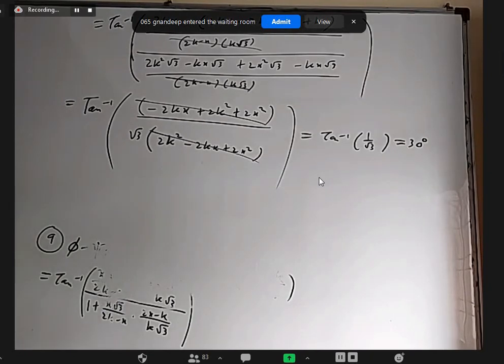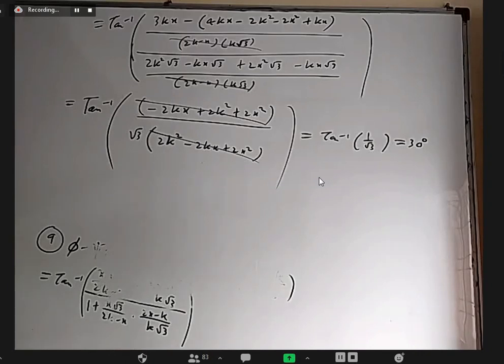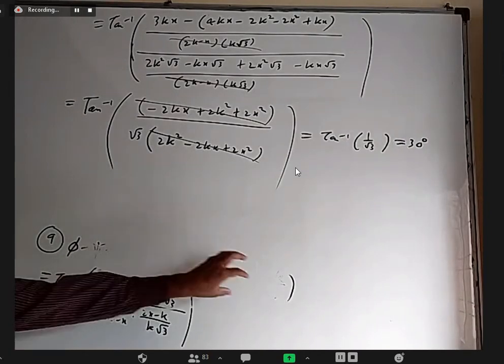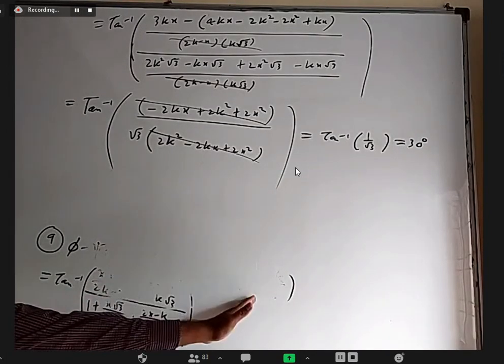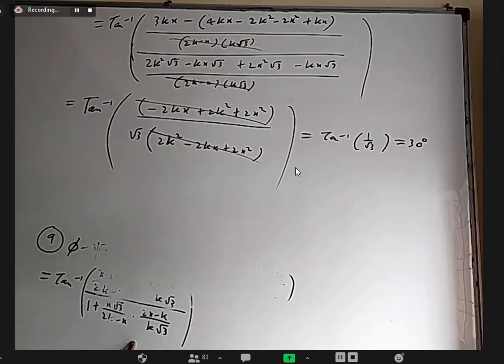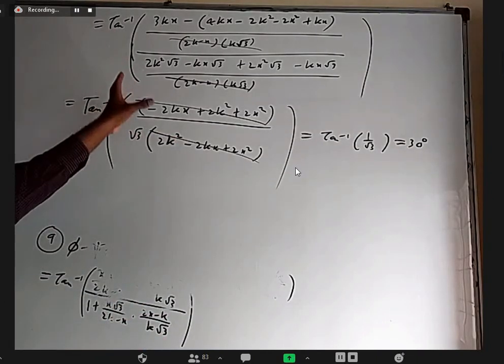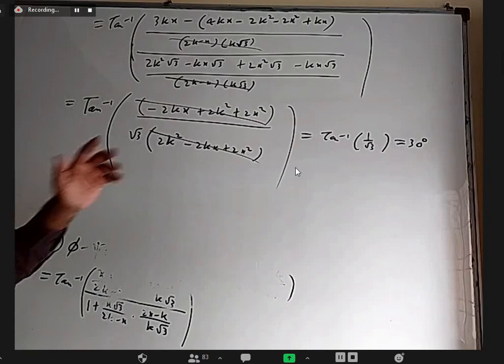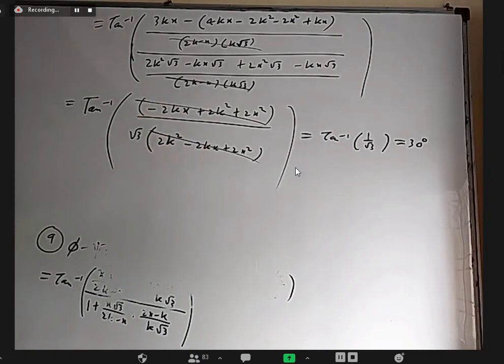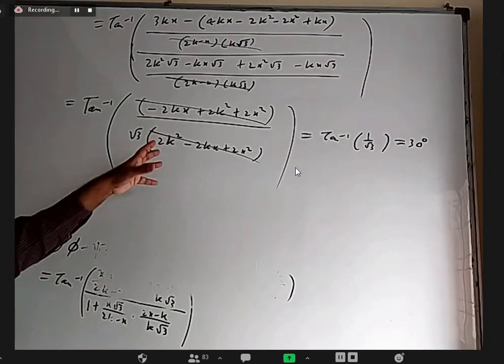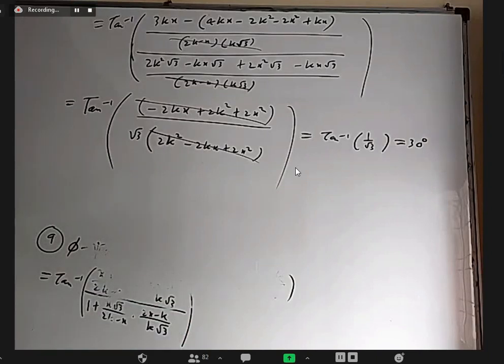Okay, so ninth one, this down part I'm erasing. Is that okay? Yes, sir. Okay. So ninth one, we have not done anything great. We want phi minus psi. They gave phi, they gave psi. Tan inverse A minus tan inverse B formula: tan inverse of A minus B by 1 plus AB. And we simplify it, even though it looks like big expressions, nothing is there. Cancel, you'll get 1 by root 3. Some questions look very big, but actually at the end, they are very, very simple.